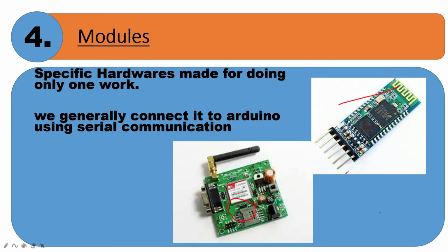So these two are very complex to use. Like in the Bluetooth module you get 80 commands to configure it in different modes. Same for the GSM module. There are many, but I am just giving a few examples, and I have already made a playlist on how to use HC05 with Arduino. You can check that in the I button.